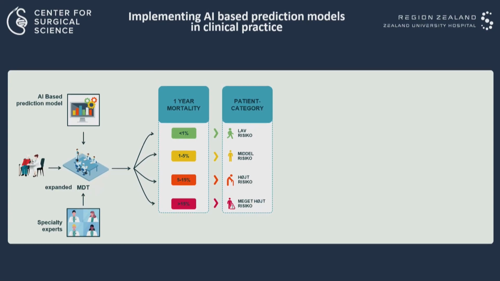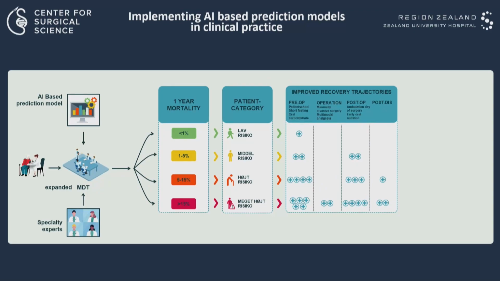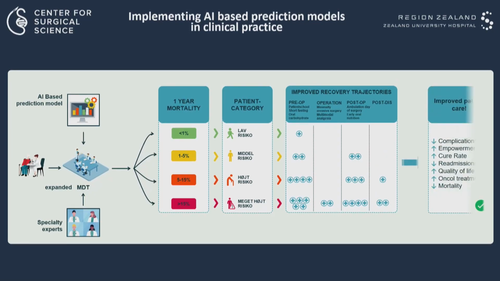So, is it below 1%? Is it 1 to 5%? 5 to 15, or more than 15% risk of mortality? So our surgeons right now, every day when we see a new patient, enter the 24 covariates into the model, and then we register this into the patient journal and provide 4 different clinical trajectories for the patient. So for those with the highest risk of mortality, we're doing a lot, and I cannot go into details, but we're prehabilitating, training the patients for 4 weeks, giving IV iron, intensive perioperative care, etc.,